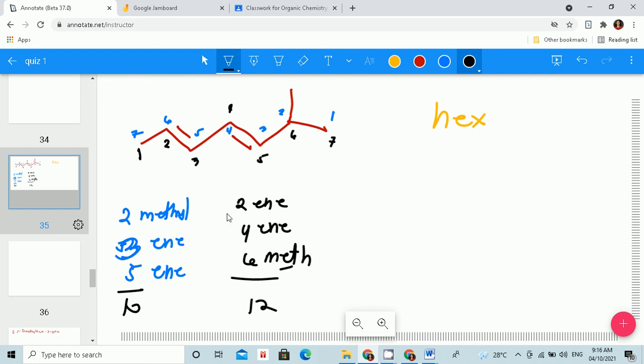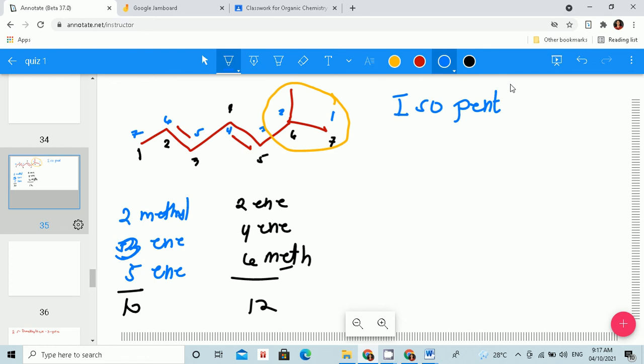Okay, so let's not follow this one, class, because as you can see here, class, there's a Y. That's an ISO. Okay, so if this is an ISO, then we count from here 1, 2, 3, 4, 5. Okay, so this one is not a hex, but it's a pent. So we have pent, and then we have ISO pent. Not to. We'll have ISO